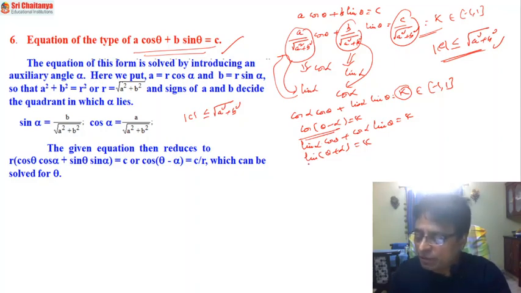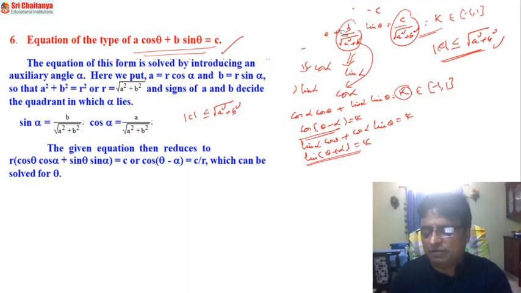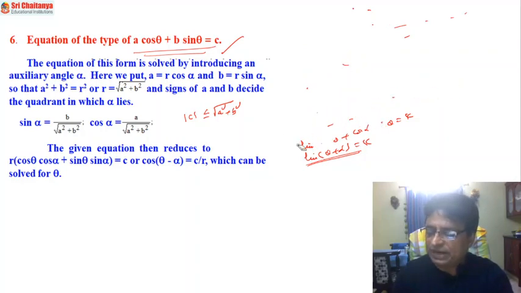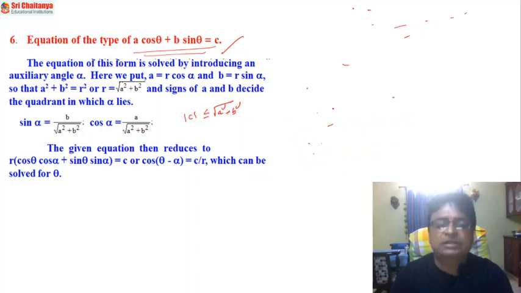Then what to do? Now it is just like the sin theta is equal to k model. How to write the principal value for this one and how to write the general solution, everything is very well familiar to you and you can write the solution. But my friends, my good suggestion is, whenever this kind of equation is given under the given terms and conditions, always try to reduce it to the standard format, either in the form of cos of theta minus alpha or cos of theta plus alpha, not in sin. Better. The reason is very simple.